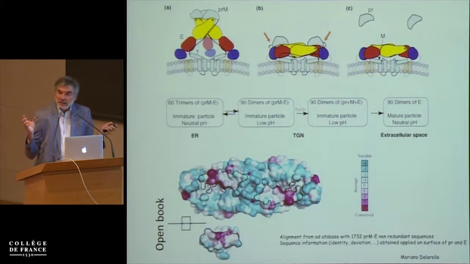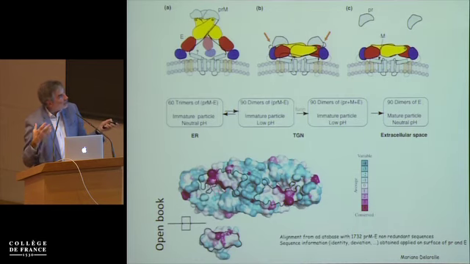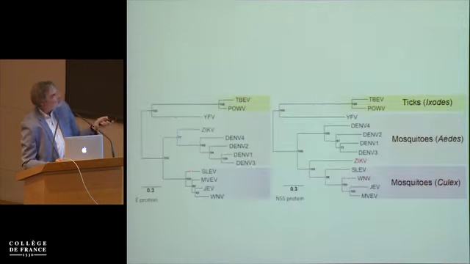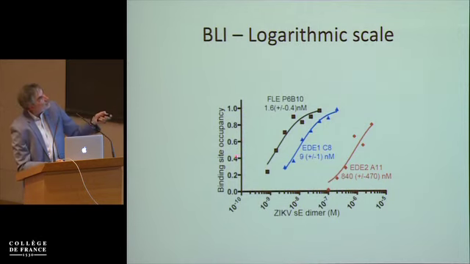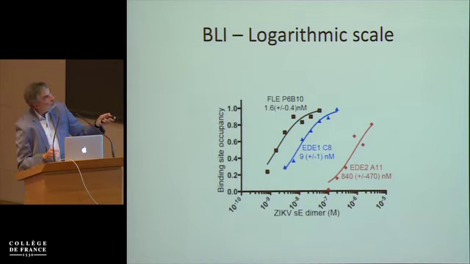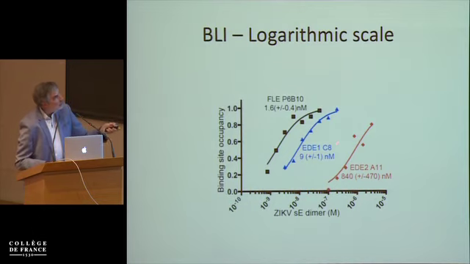So apparently these antibodies have found an exposed site, which we call the Achilles heel of this virus, because it's targeted and it's the same in all four dengue serotypes. And now, because Zika virus appeared as the closest one by looking at the envelope protein, we tried the same. We took all of the dengue antibodies that we had, and found that the FLE will bind to the recombinant protein very tightly. This EDE1 binds about a log less strongly, so these are binding sites measured with biolayer interferometry.